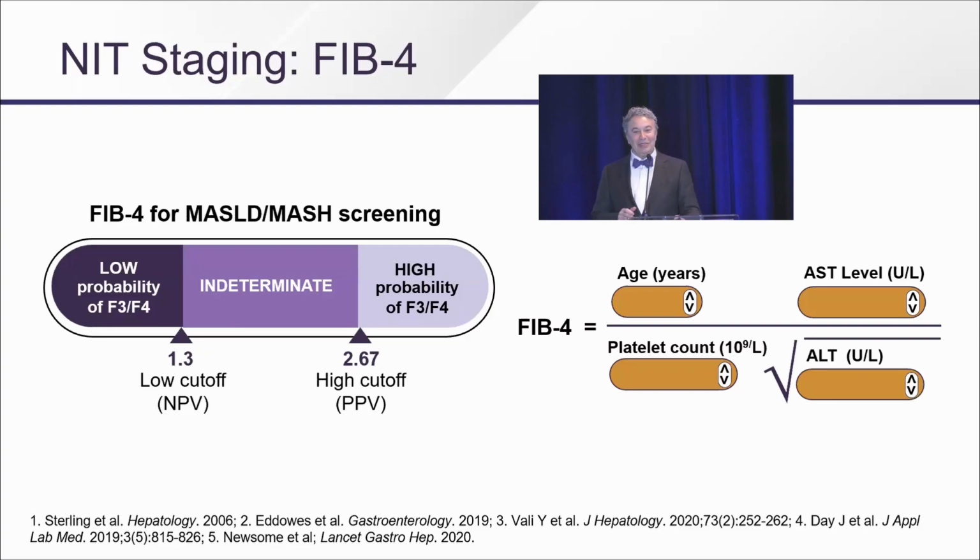And I have BBJ FIB, and BBJ FIB puts in parentheses the 1.3 and the 2.67, so that one in the beginning, so I remembered, and now, of course, I remember. But it also tells your referring doctors to remember, and they can remember 1.3. Now, you can't calculate the FIB4 in your brain unless you're the Rain Man. I can't do square roots in my brain, but it is pretty simple. Everyone has an AST and ALT and a platelet count and an age, and it should do it.